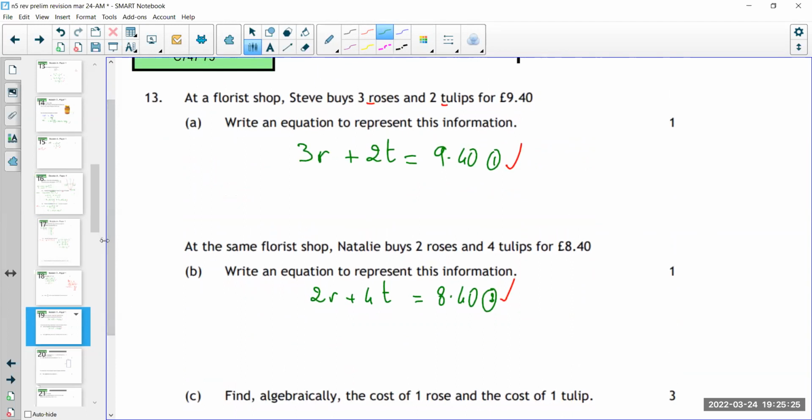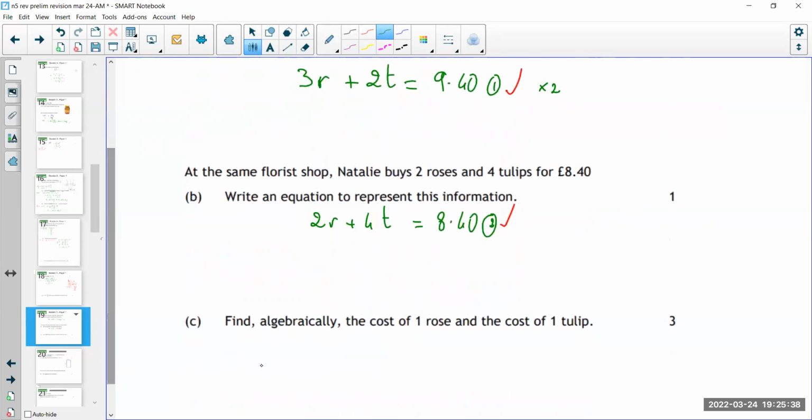So the easiest one here is to make that 2t a 4t. So you just need to times this one by 2 and keep this one the way it is. So if I times it by 2, I get 6r plus 4t